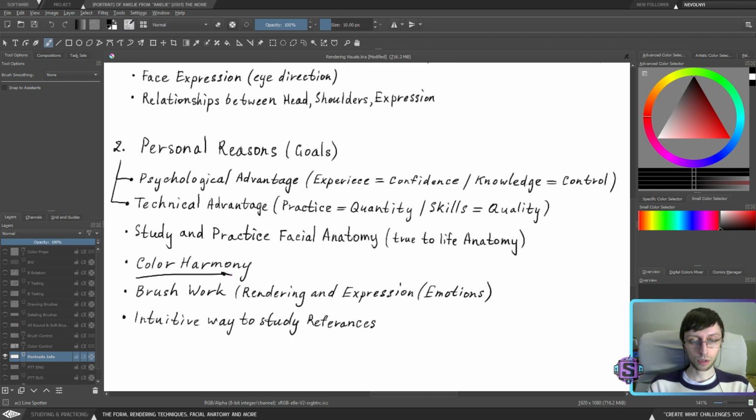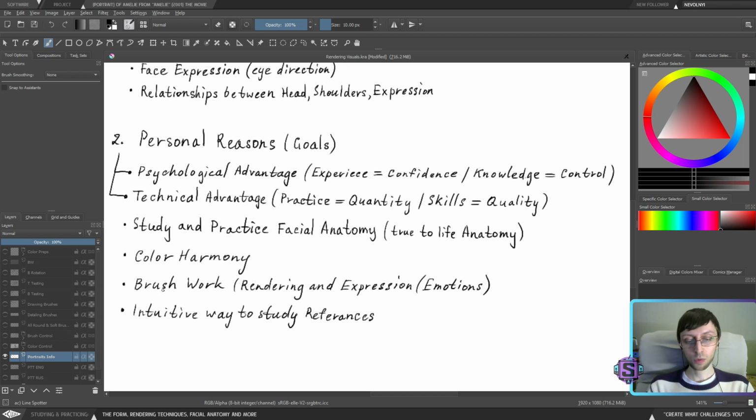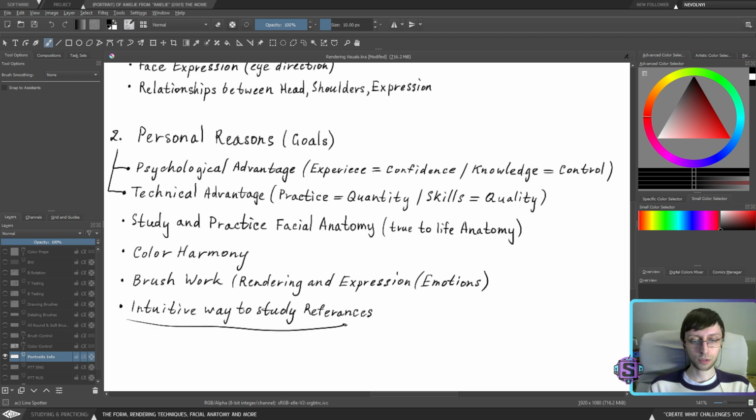I need to work on understanding more color harmony, how to create relationships between colors and make them harmonious. How to work with brushes, which is again not looking at brushes as just rendering, but actually learning how to express emotion with the brushes. And of course, this is a good way to intuitively study from references, which helps us to learn how to work with references, which artists need to do.